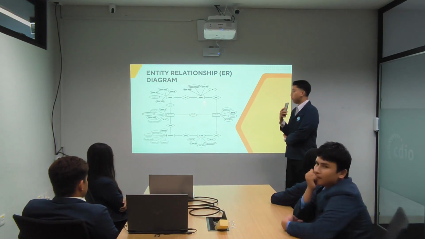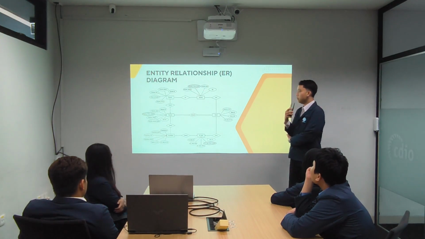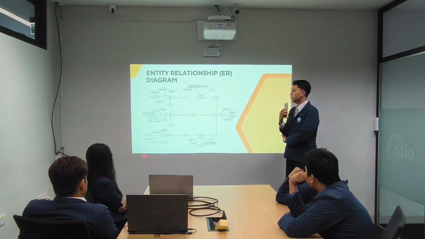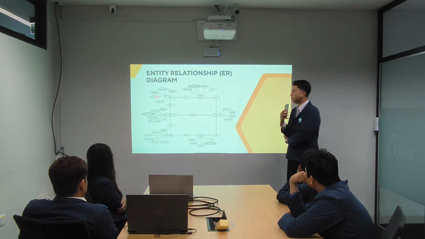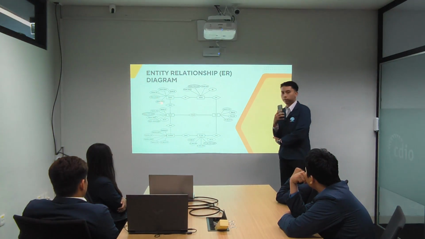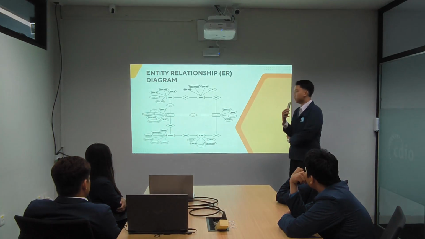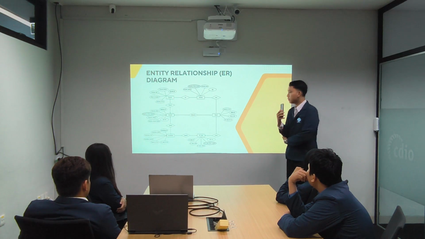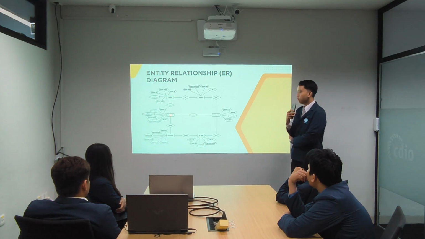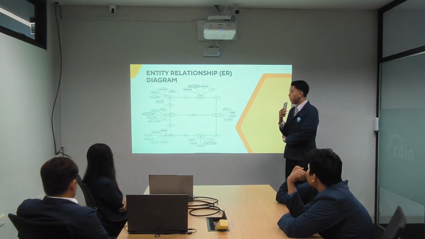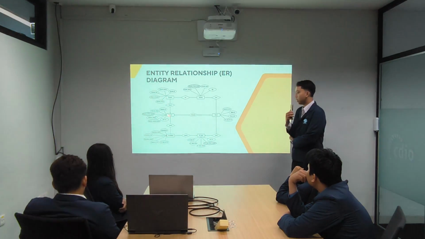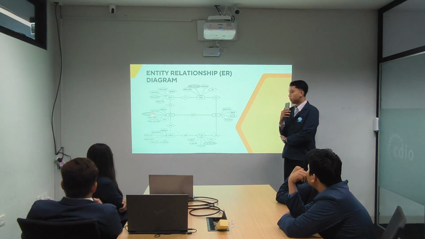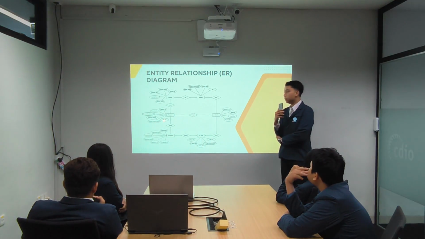Resident has 4 attributes, which are resident address, resident phone number, resident name, and NIK as a primary key. And payment has 5 attributes, which are payment ID as a primary key, payment method, payment type, proof of payment, and treasurer ID as a foreign key. Resident and payment have a relationship called paid. Next, the payment and treasurer have the relationship records using a one-to-many cardinality. Treasurer has 6 attributes, which are treasurer ID as a primary key, treasurer name, treasurer phone number, treasurer address, treasurer account number, and NIK as a foreign key.